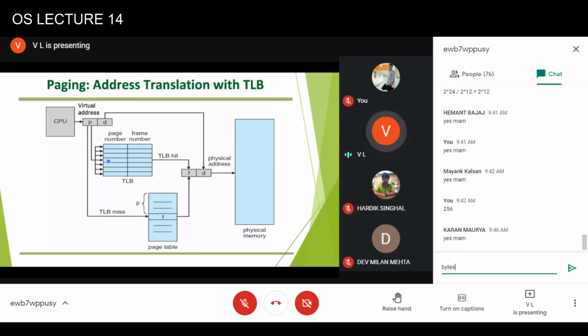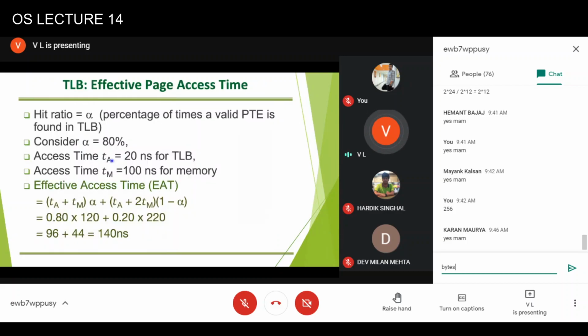So this is the virtual address, this is the physical address. TLB has to keep both pieces of information. And because this is associative memory, the search is done in parallel. So even if this is not sorted on the virtual page number, the access will be, as I said, order 1. So this is a calculation for effective page access time.